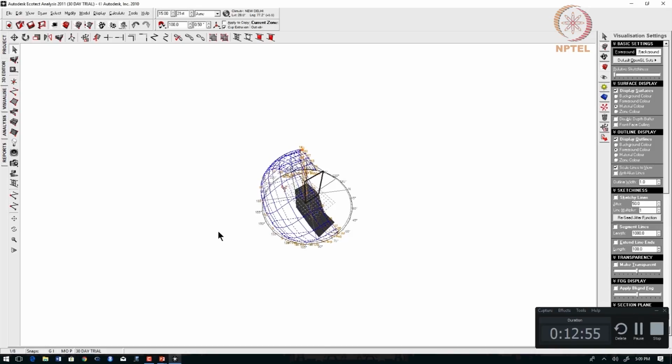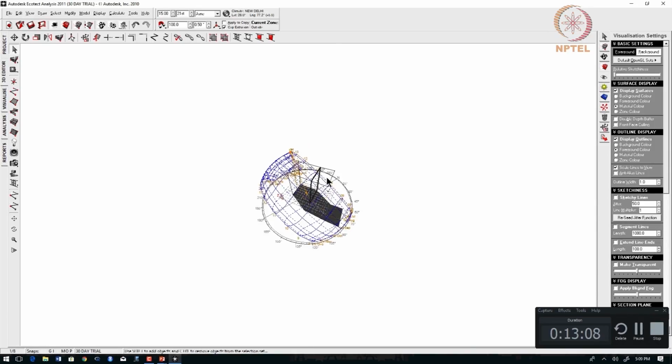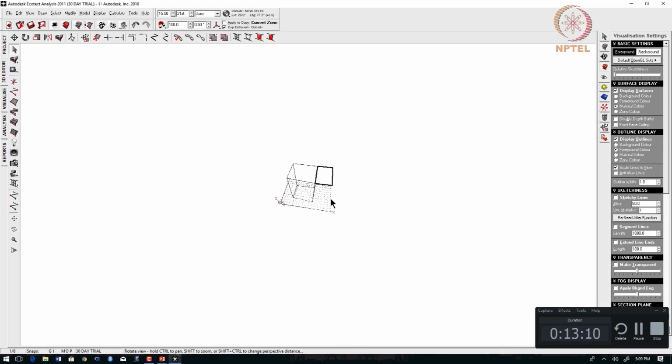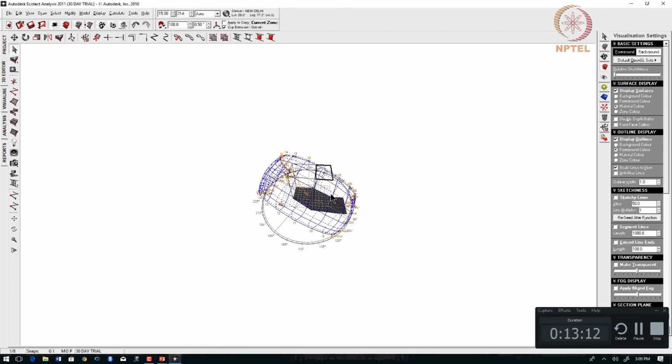Because when you design a building for the envelope, your envelope consists of your glass, your wall, your roof, all these elements. And when you introduce a shading element, that will also affect your decision making on what should be the performance values of your glass. So, that is why this is quite important. So, let us get back to the presentation.